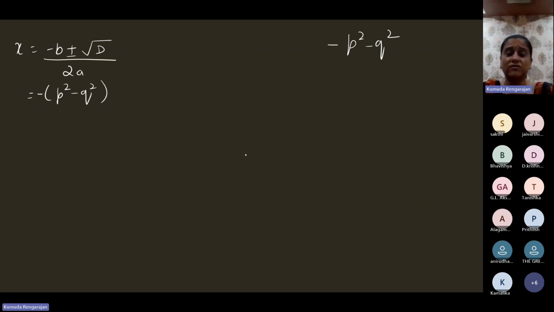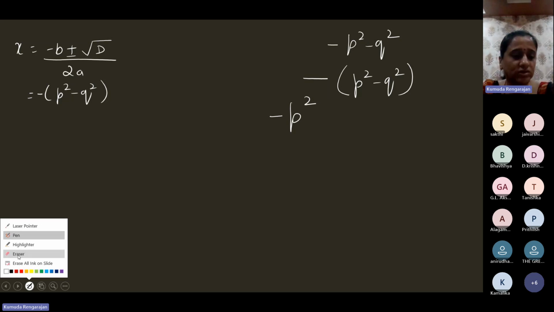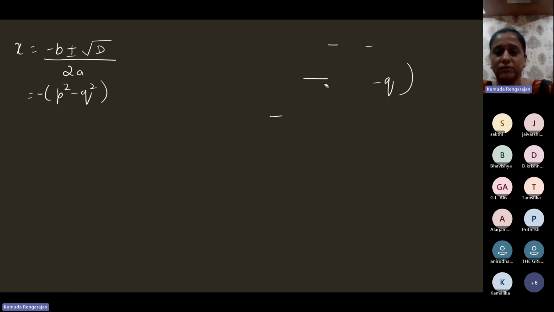Because B itself has more than one term, you should enclose that in a bracket and put a minus before it. Supposing B was only P square, then you can just put a minus like this. But B itself has more than one term, so enclose the terms in a bracket and then put a minus before it. So minus B